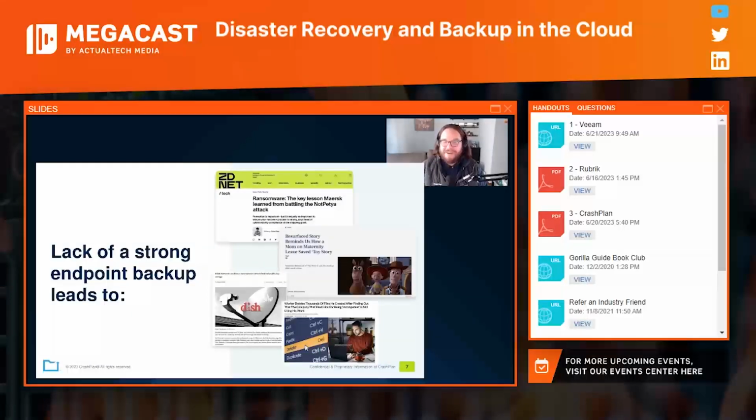Dish Network, again, ransomware was a huge problem, kept their website down for weeks. I don't know if any of you are Dish customers. This was within the last year. And just yesterday, there was an article published about somebody who, years after they had left an organization, still had access to the cloud platform and deleted all of the data. So they were let go and they were still able to delete this data, which then was deleted from everybody's systems inside that were still using that data. So all of that to say, this could be very bad.